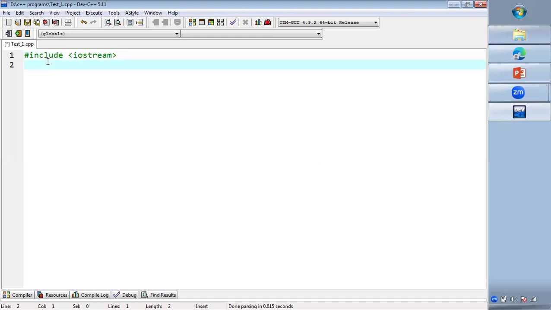And this iostream type is present in the standard namespace, for which we will be adding this next line, that is using namespace std. So in this std, that is standard namespace, we have got this iostream type. That's the reason we are adding these two lines to our program. So this way, this is going to include iostream type to our program, and then we will be starting the